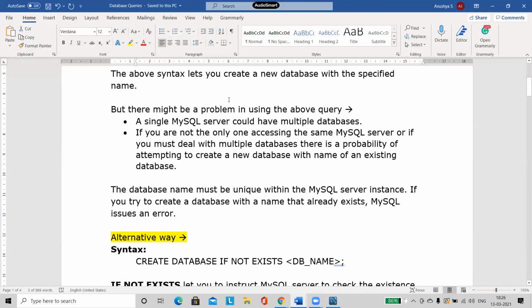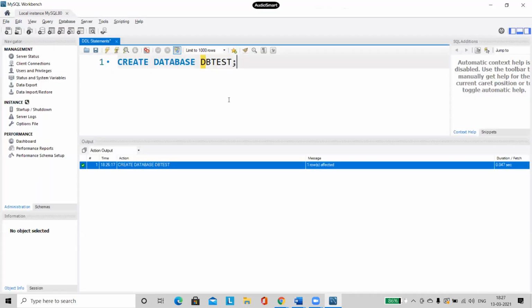Now the second step, here you have to understand one thing. Inside my MySQL server, I can have multiple databases. I can create different databases. At the same time, every database can have multiple tables also. Inside this DB test, I can create as many tables as I want. Say for example, let us think about a company.